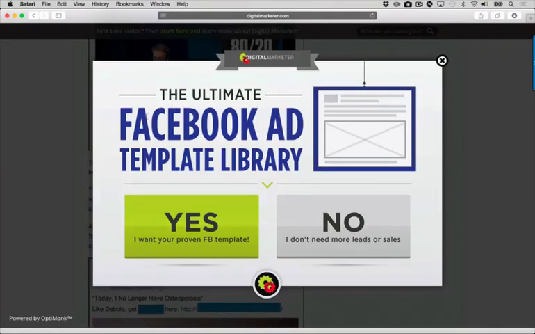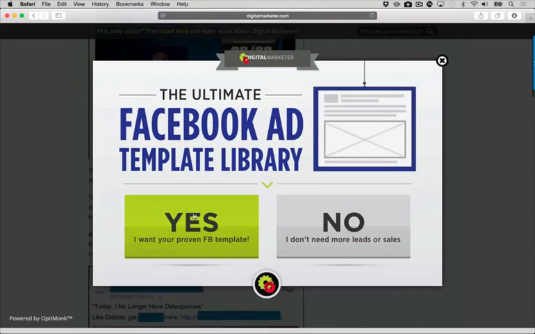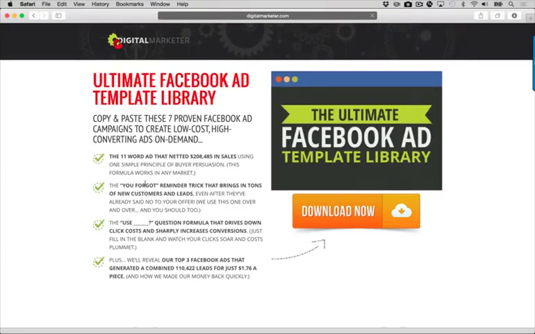Now look, the ultimate Facebook ad template library. Okay, so you see how this one was different? The ultimate Facebook ad template library. Since this one is about ad templates, then it shows there. And if we click on no, it simply takes you back. If we click on yes, then you can see it opens up a new window and takes you over to